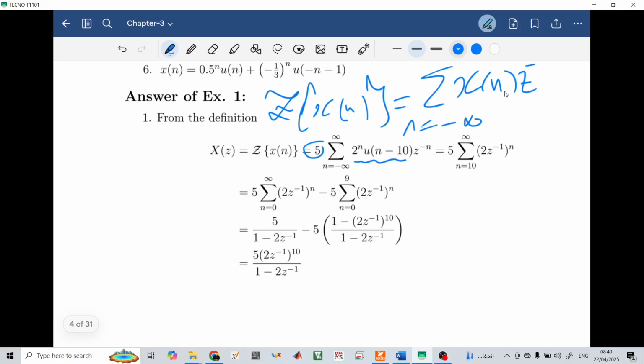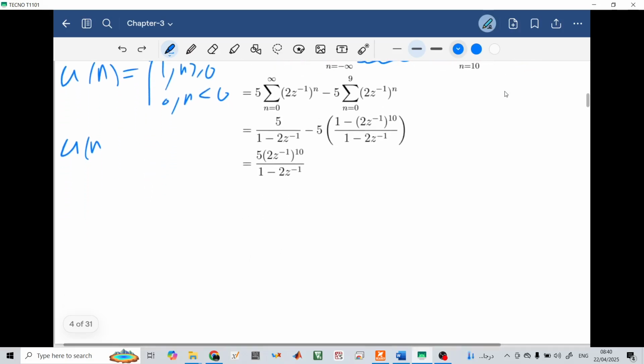Now we use the property of the step function. For this case, if we write the definition again for the step function, it is very straightforward, but let us write it down. So u of n equals 1 when n is greater than or equal to 0, 0 otherwise. So u of n minus 10,